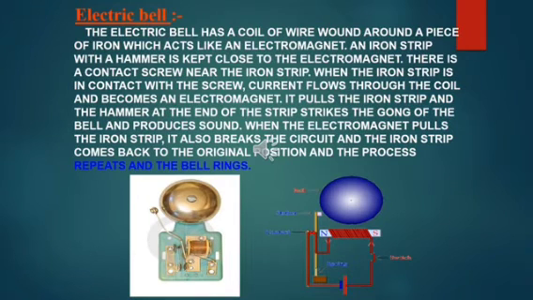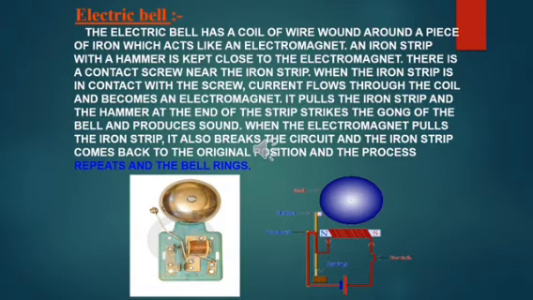Now all of you are familiar with an electric bell. Now this electric bell has an electromagnet in it. Now carefully look at the picture below, which shows the circuit of an electric bell. It consists of a coil of wire wound on an iron piece. Okay, you can see that N and S written, that is a piece of iron around which wire is wound. Okay, and an iron strip with a striker. Can you see the striker over there?